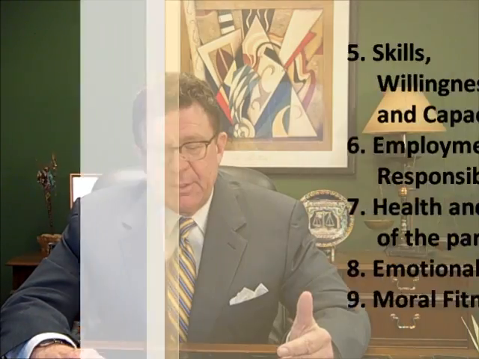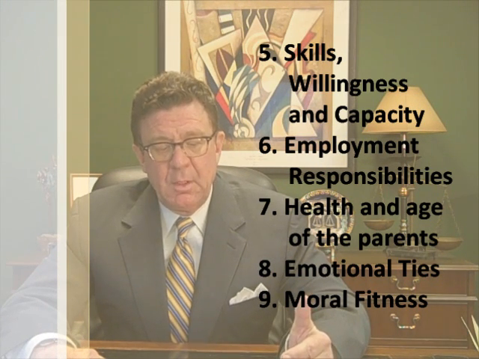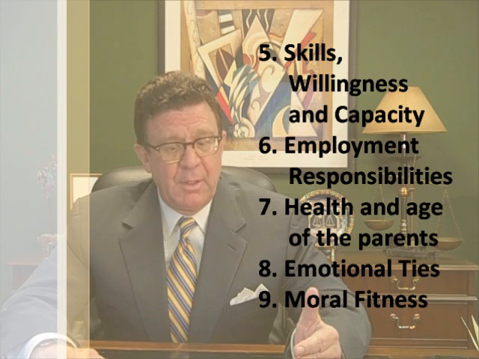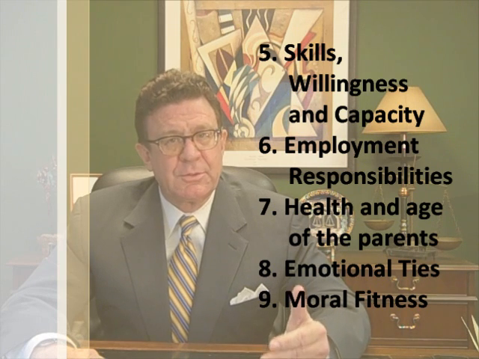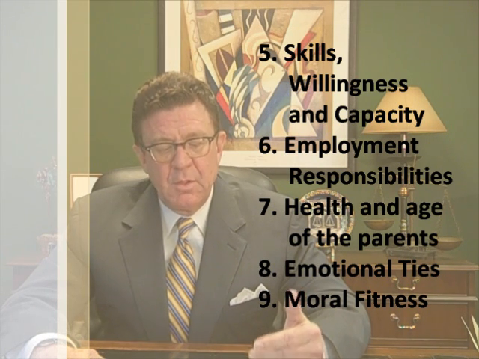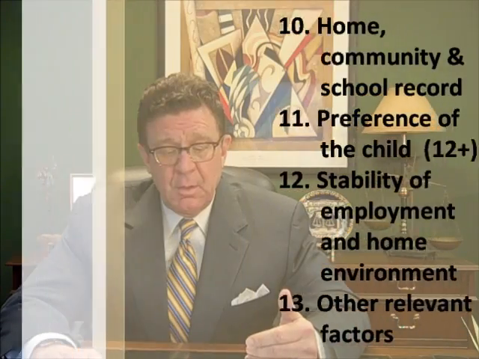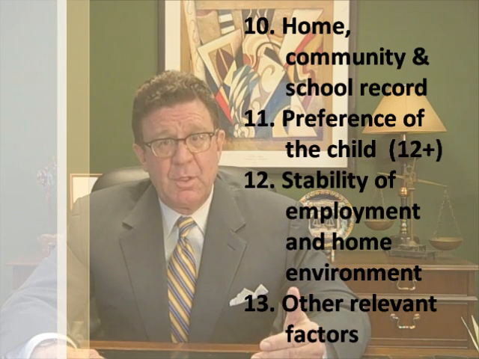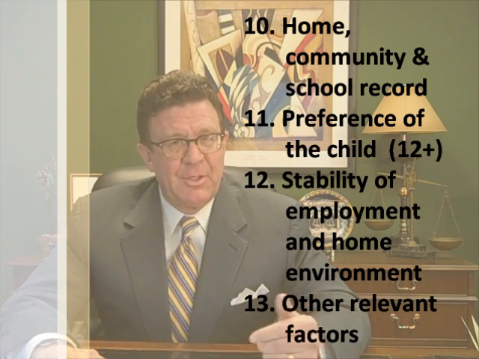The court will also look at which parent has the better parenting skills and the willingness and capacity to provide care, the employment of the parent and the responsibilities of that employment, for example, working hours, physical and mental health and age of each of the parents, emotional ties of the parent and the child, the moral fitness of the parents. The court will look at issues such as fault in the divorce, such as adultery or drug use, the home, community, and school record of the child, the preference of the child if the child is age 12 or over, the stability of the home environment and the employment of each parent, and any other factors that the court